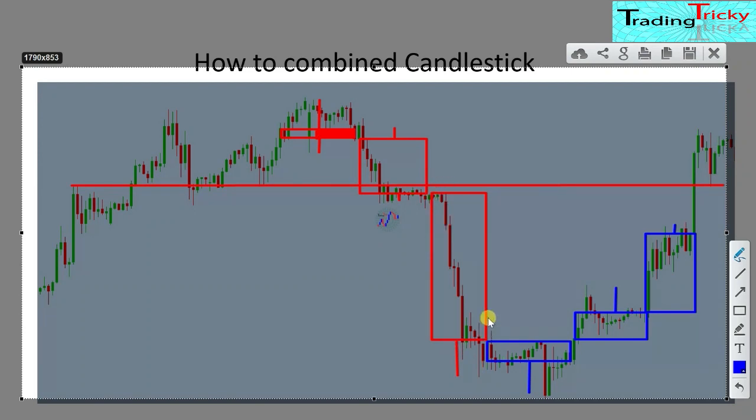But don't believe these moves. You can watch my video called power moves. I already explained what to do when the market moves this strongly. I mean this is called a power move. So after a power move you should not chase it. And you can see here, after the strong move there is again consolidation, but finally buyers are making a bullish candle here. So in this way you can combine some candles to get a better decision before placing any trade.